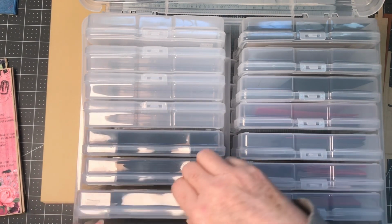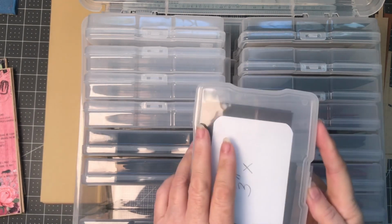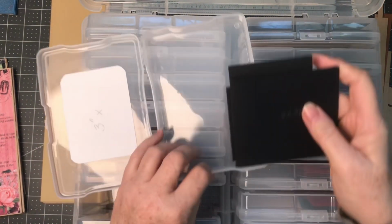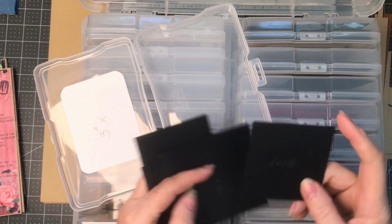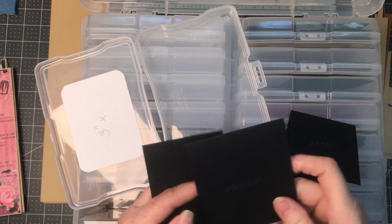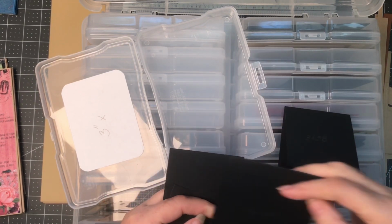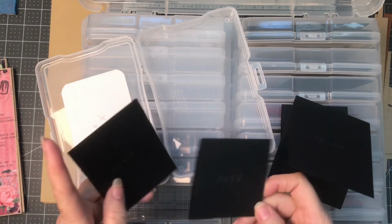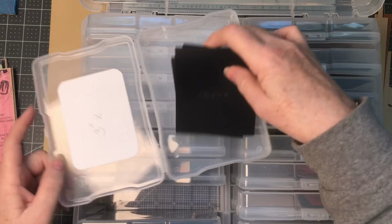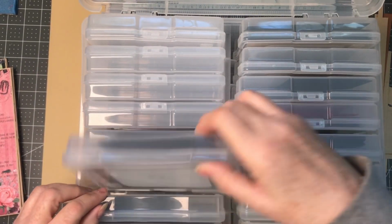So the next thing that I decided to do, if I had a bigger scrap, I started this box of 3 inch by whatever inch booklets. Like this is a 3x3 booklet or a 3x6. So I can use that as a tag or I can use it as an insert. This one is 3.5 by 4, 3x3, 3x4. And I just keep these little booklets in here,